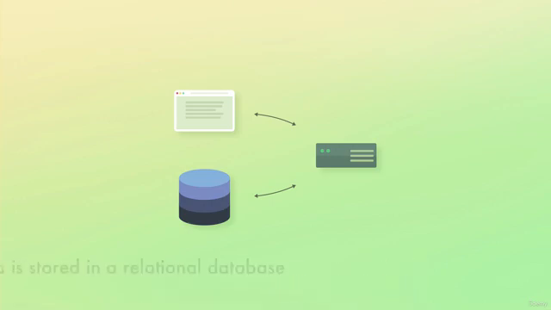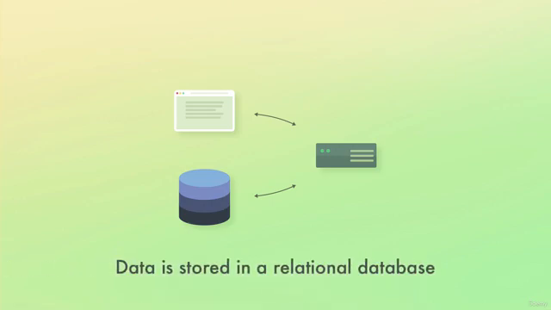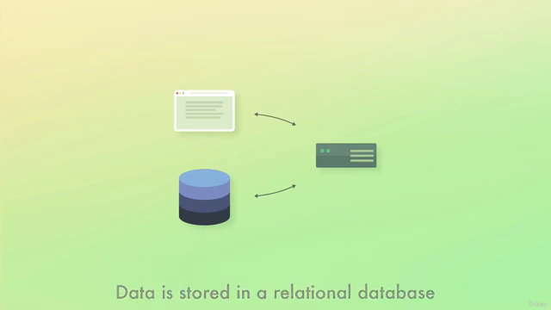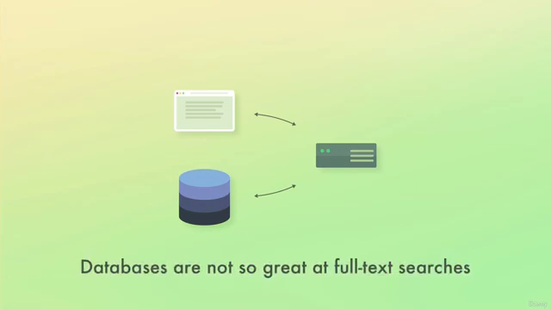The data is stored within a database, such as the product categories and the products themselves. So when a product page is requested, the web application looks up the product within the database, renders the page and sends it back to the visitor's browser. Now we want to improve the search functionality on the website, because so far it has just been using the database for this. But as you might know, that's not what databases are really good at.